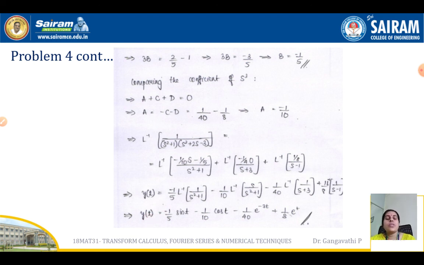So this is how you need to solve the problem. Again, I'll recall the working rule. First, consider the given differential equation, write it in terms of y dash, y double dash, y triple dash, and so on. Then take a Laplace transform throughout. Substitute the Laplace transform of y double dash, of y dash, and of y of t. Then use the given conditions. Simplify the equation. Group all y of t terms on one side, and all remaining terms towards the other side. Then transfer L also to the other side so that you get L inverse. Once you arrive at this step, identify a suitable method which gives a solution in a better way, and use that to proceed further to get the solution.